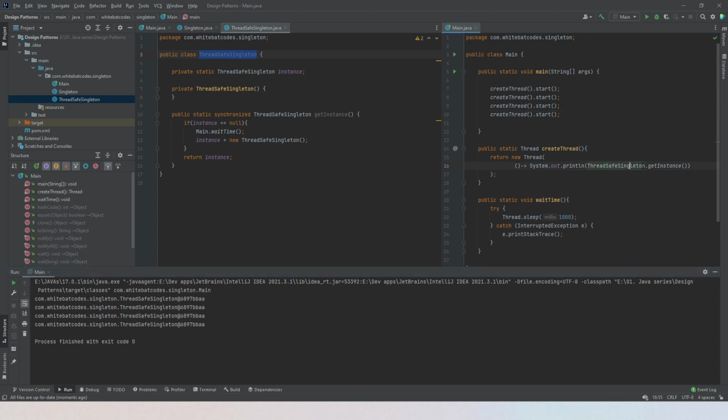So at some point you can say that it's working, but it's not really optimized, because let's say you have some operations to perform before you return the instance. The threads will be delayed. So in this context, if we do this, so we wait for the creation and then we wait before printing the results, when we run our code,